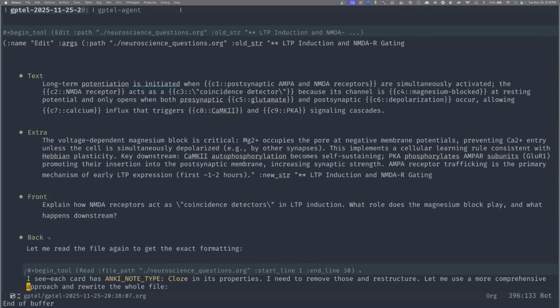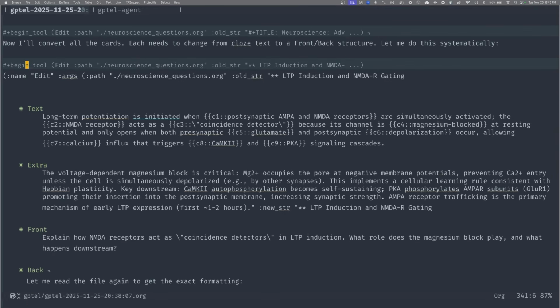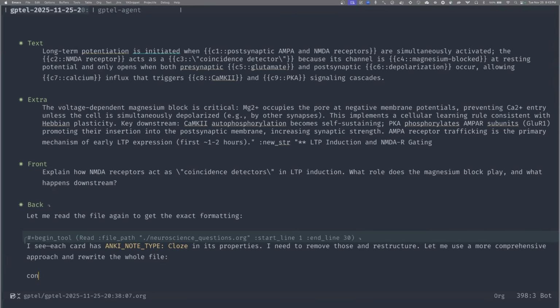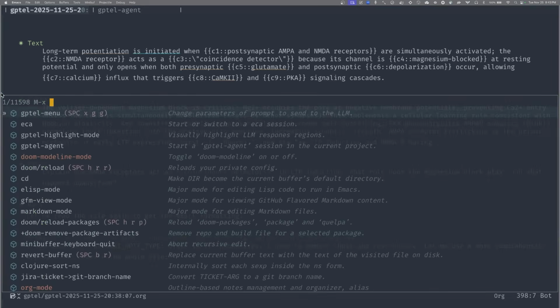So let's assume it failed, and let's go down to the very end. Yeah, just say continue. Just type continue. And send it. gptel send.